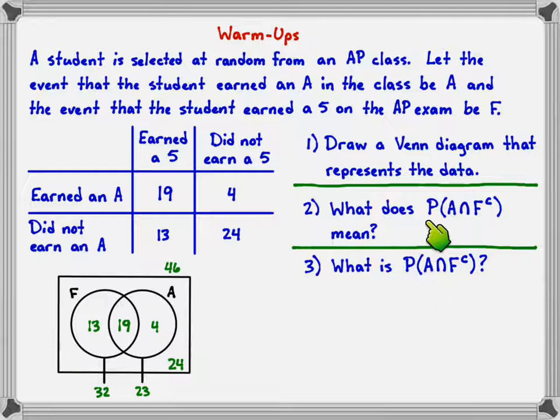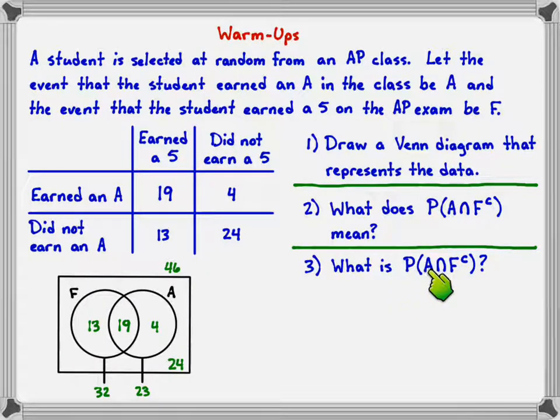Well, that is the probability that a student earned an A and did not get a 5. So that is the answer to number 2. The probability that the student got an A and did not get a 5, or did not get a 5, you could say. Number 3